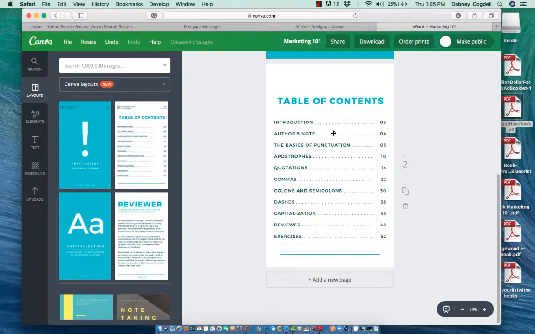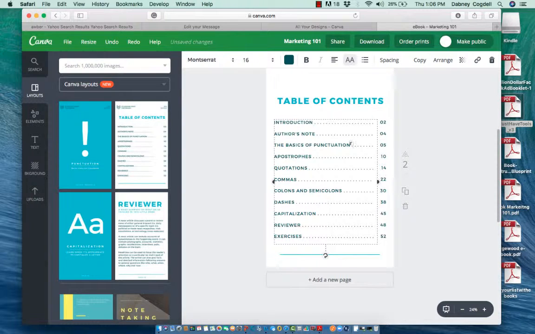Now you might want to write a book about how to buy a house, the 10 things to look for to buy a house, or how to sell a house, the 10 things to do to sell a house, or makeup, the 10 things to do to make your eyes beautiful, or to take care of your skin, or whatever. So change these to whatever you want, and all you have to do is click on it